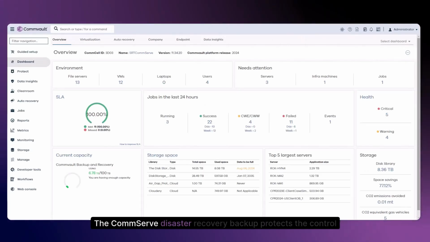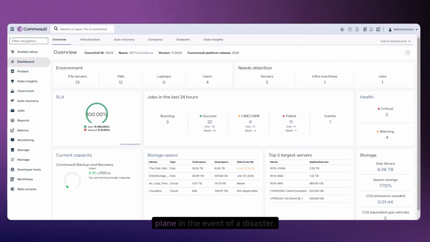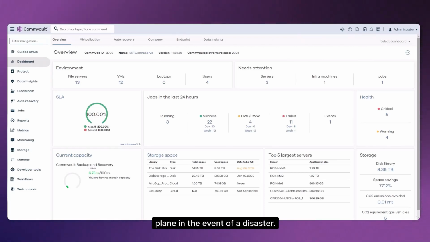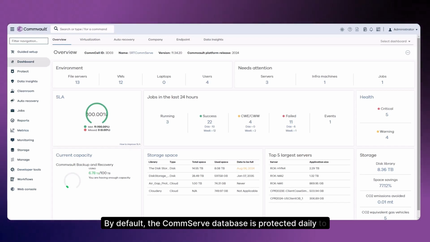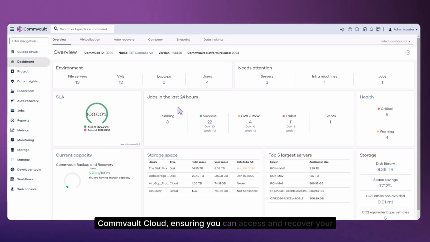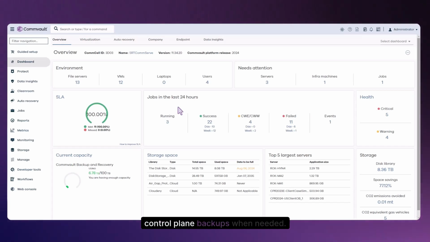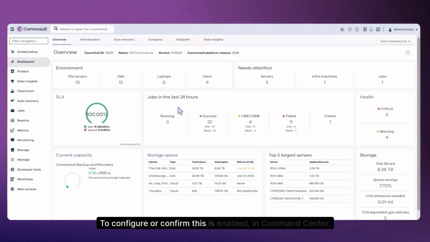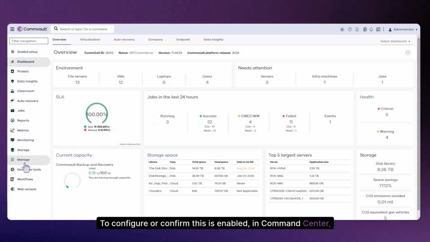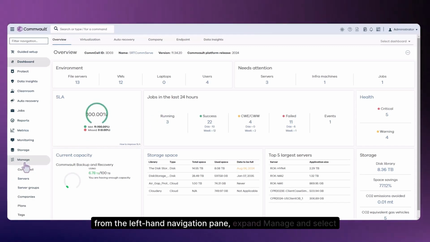The CommServe Disaster Recovery Backup protects the control plane in the event of a disaster. By default, the CommServe database is protected daily to Commvault Cloud, ensuring you can access and recover your control plane backups when needed. To configure or confirm this is enabled, in Command Center, from the left-hand navigation pane, expand Manage